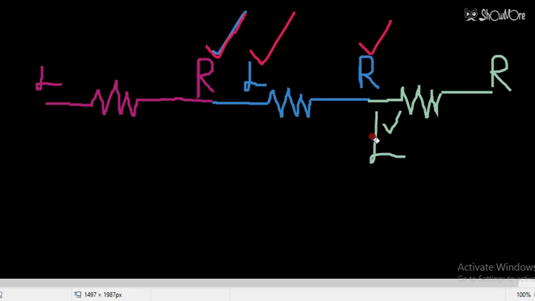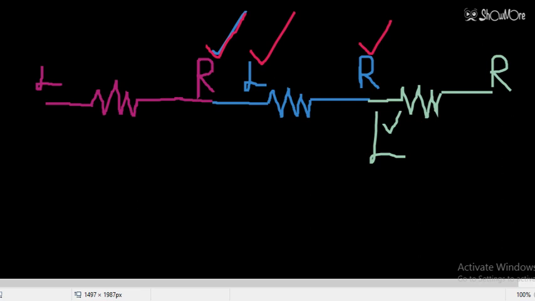Now listen to the next rule. First rule is to connect the right terminal of the resistance to the next terminal. You can say connect the ending terminal to the next beginning terminal. This is the ending terminal of one resistance, the right end, so it will be connected to the starting terminal of the next resistance. Or you can simply say right and left, which is a better way.